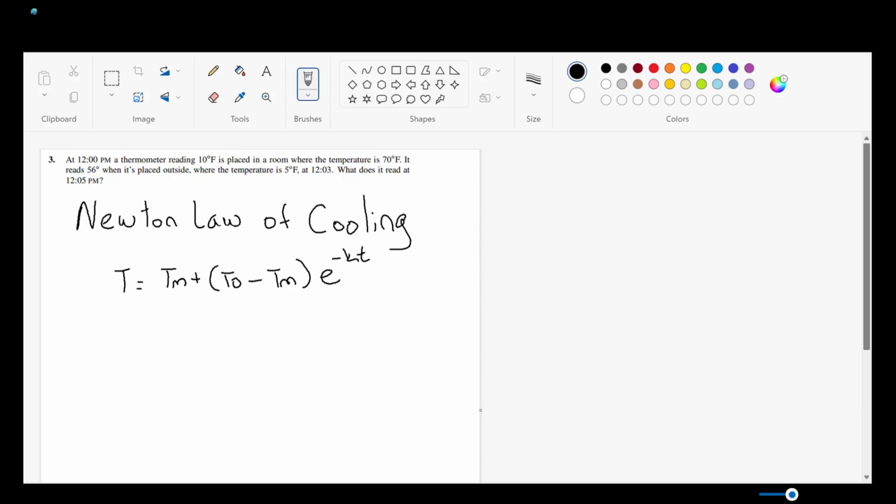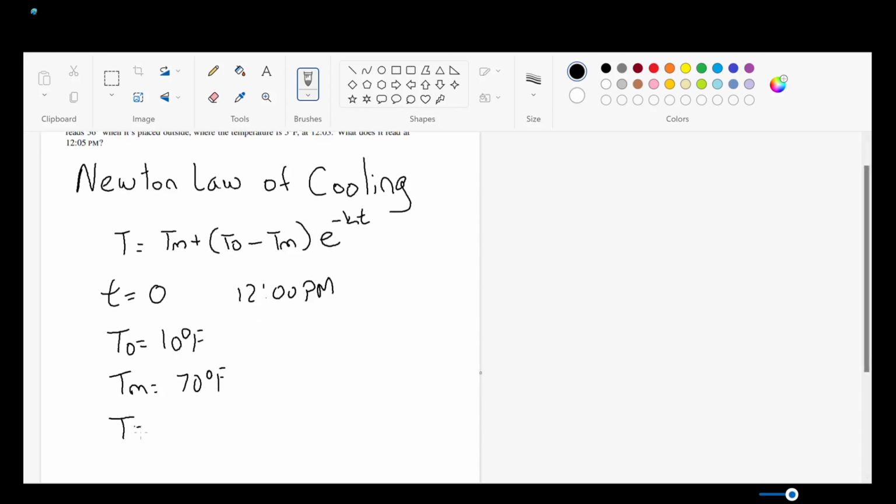So first, for the first sentence, we set the time as 0 because it starts at 12 p.m. and the To is the temperature the thermometer reads, which is 10 Fahrenheit. And at that time, the room temperature is 70 Fahrenheit. So we could write the equation as T equals 70 plus parentheses of 10 minus 70 times e to the negative k, which is